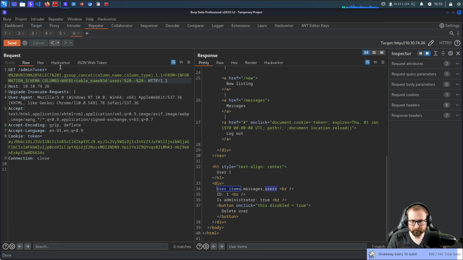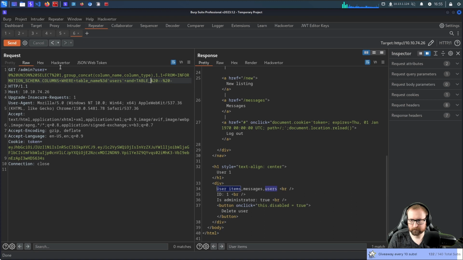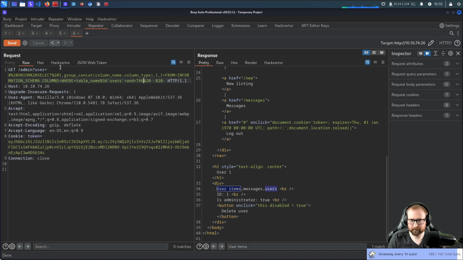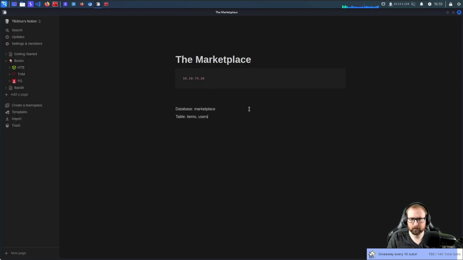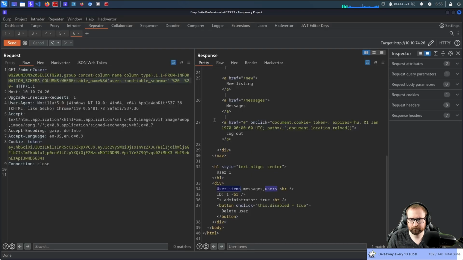We probably want to do and table schema. Well, I was typing in upper caps. Did I say upper caps? That's silly. Uppercase schema equals, and then we want marketplace.